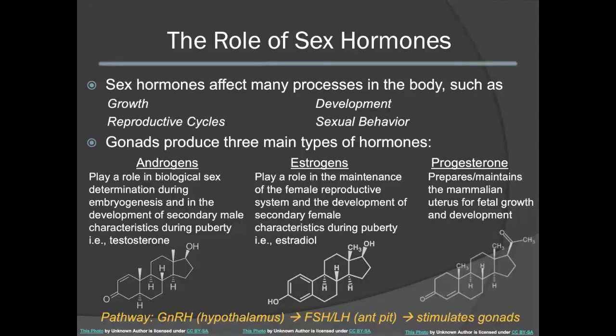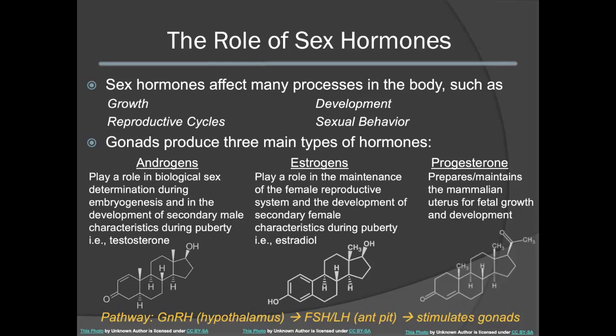Sex hormones are involved in regulating many processes in the body, such as growth, development, the regulation of sexual behavior, as well as reproductive cycles. Gonads produce three main types of hormones: androgens, estrogens, and progesterone. Recall, the main pathway involves the stimulation or activation of the hypothalamus, which causes the secretion of gonadotropin-releasing hormone. This will then cause the secretion of FSH and LH from the anterior pituitary, which will then stimulate the gonads